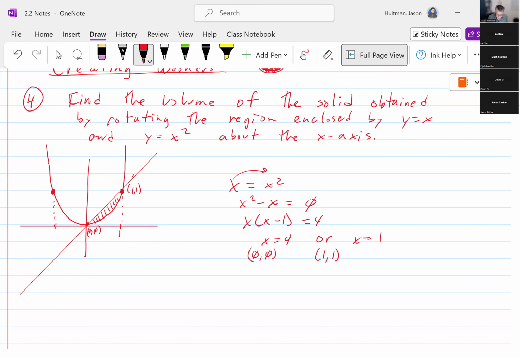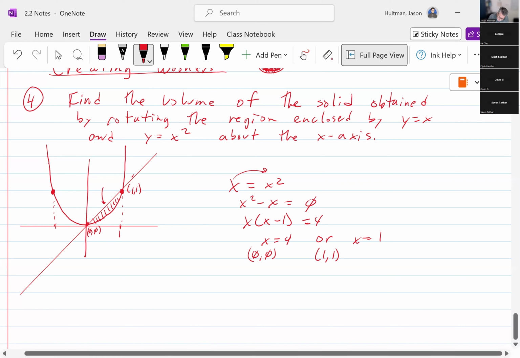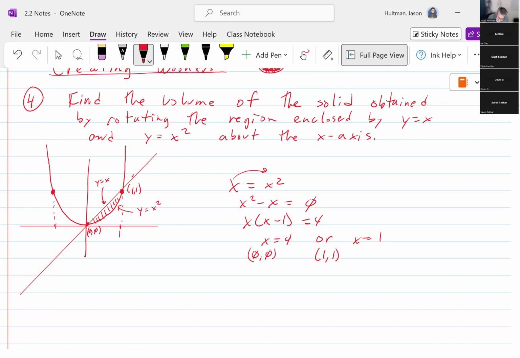Which function is on top? The function that's on top is y equals x, right? And the function that's on bottom is y equals x squared. That'll be important. So what are we going to calculate when we rotate this thing about the x-axis? What are we going to calculate? Well, we're going to calculate